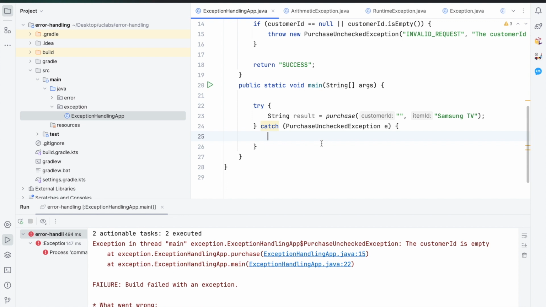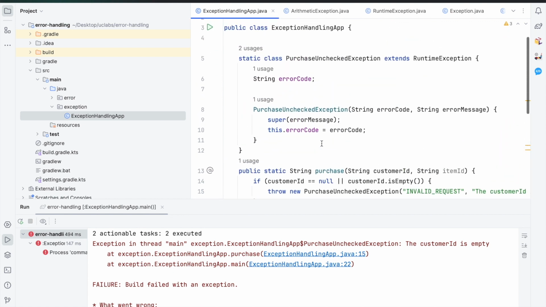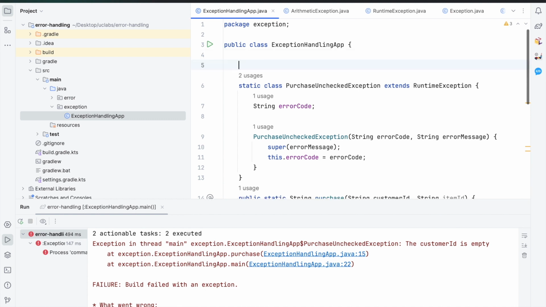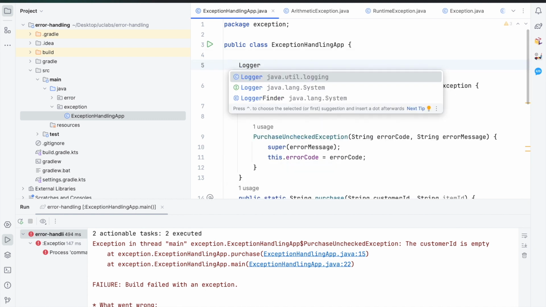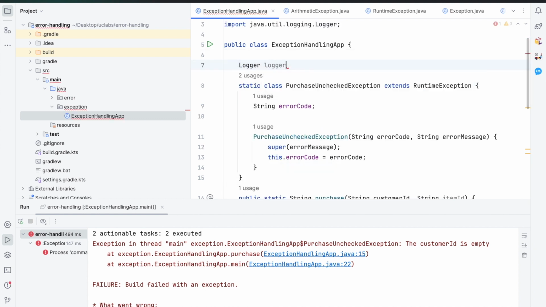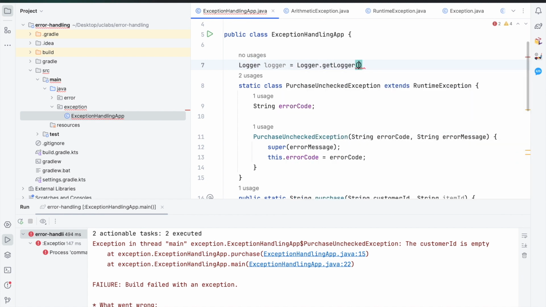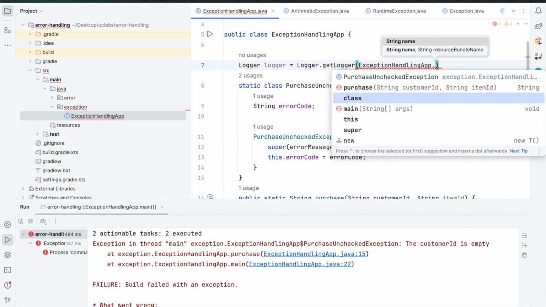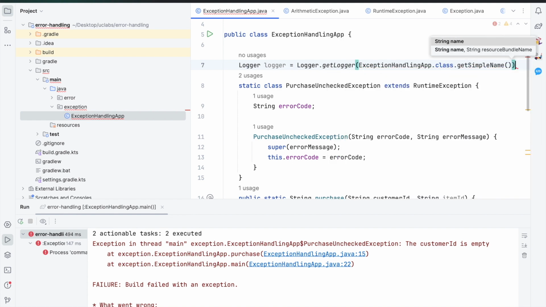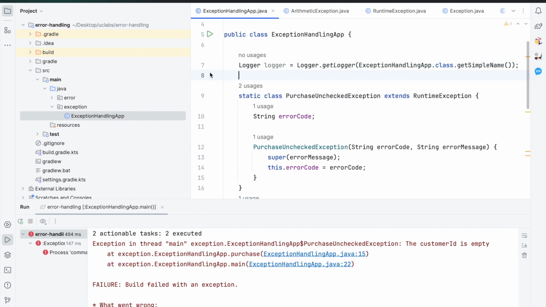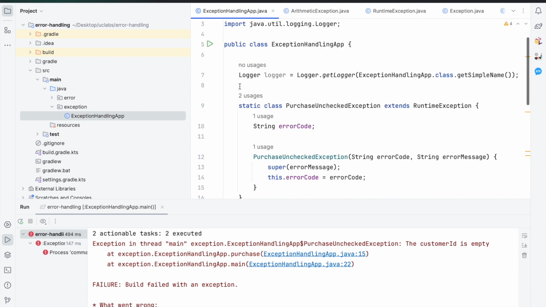And for now, you can just log the information. And for logging, Java has Java util logger. So I define the logger and